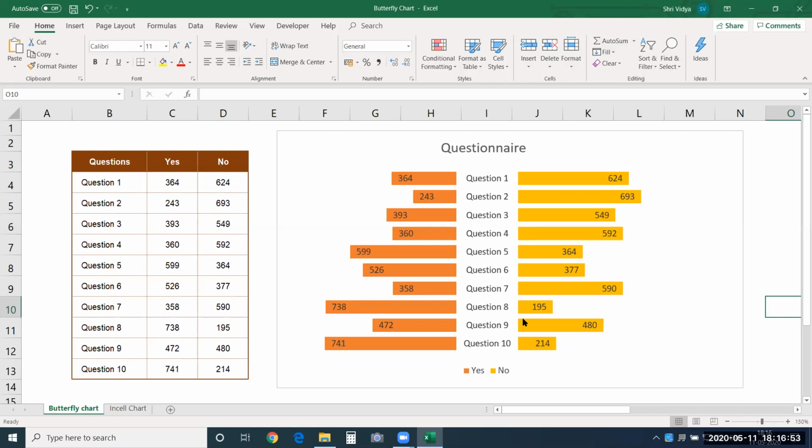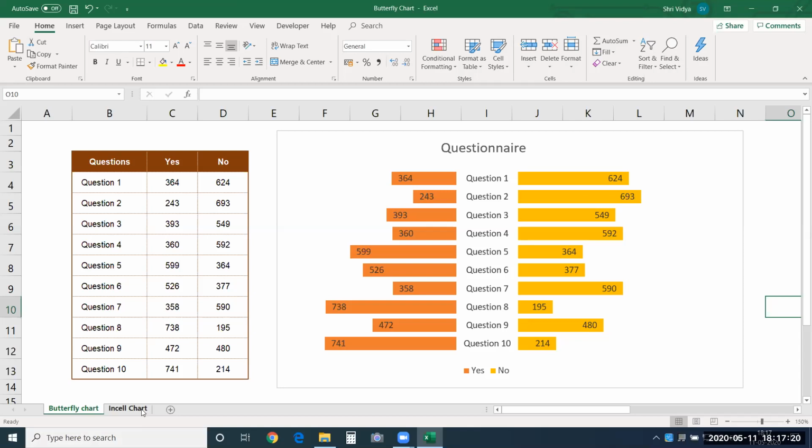First of all, the basic requirement for these kind of charts is how exactly you keep your data. See, the same chart I displayed, the same data I displayed in a column chart for you. So that would suffice our requirement. But if I want to show it in a different way to my client or my manager, I would like to be much more creative. So this is one of the ways you can choose. So let me show you.